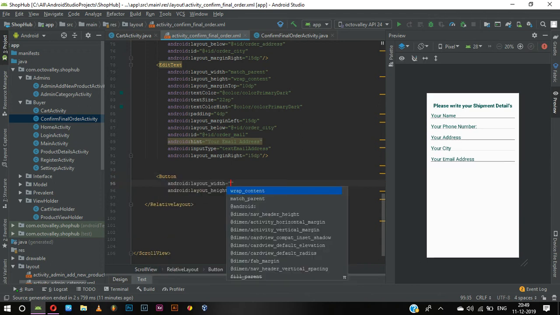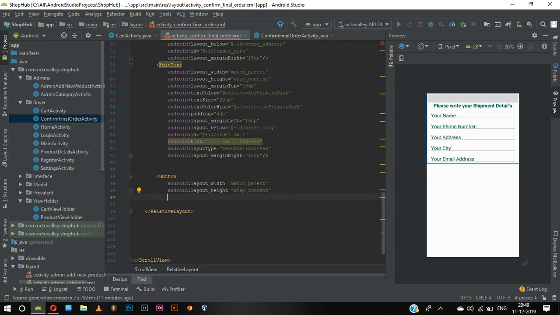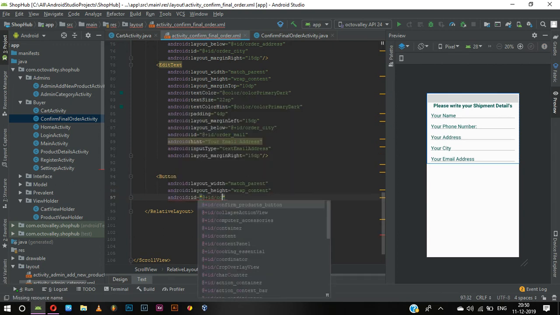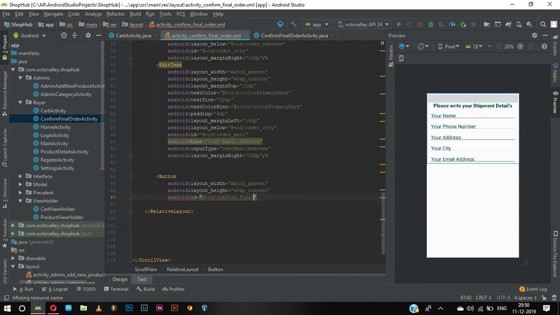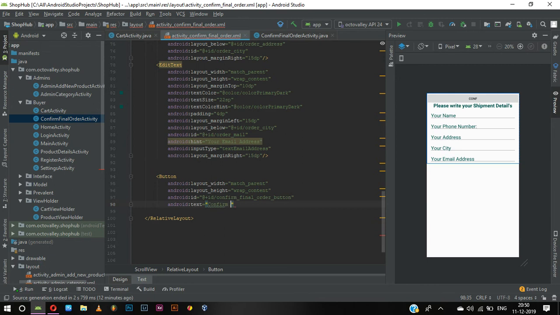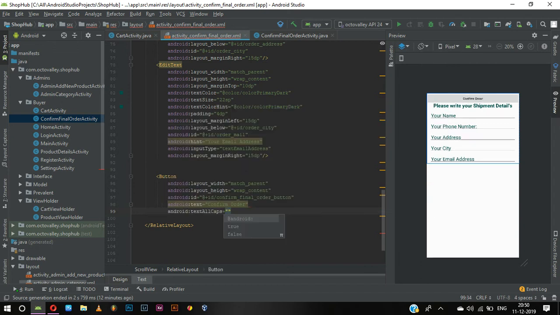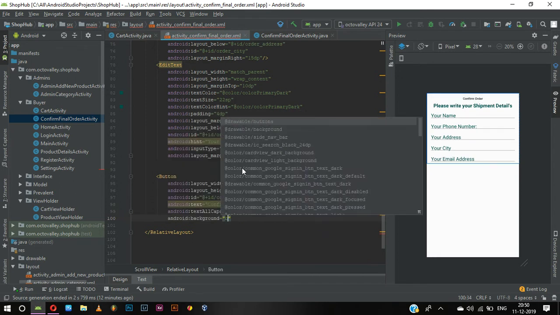Yeah, button, which is match parent and wrap content, and the id is confirm final order button. And then what else do we have is text, confirm order, and now we have text all caps false, and background is buttons,